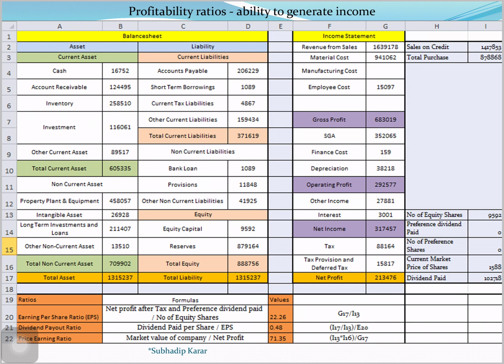Price to earnings ratio indicates the dollar amount an investor can expect to invest in a company in order to receive $1 of that company's earnings. This is why PE is sometimes referred to as a price multiple, because it shows how much investors are willing to pay per dollar of earnings. Here in this case it is showing 71.35. What does it mean? It means that at the current price, buyers pay 71.35 rupees for 1 rupee in trailing year profits.